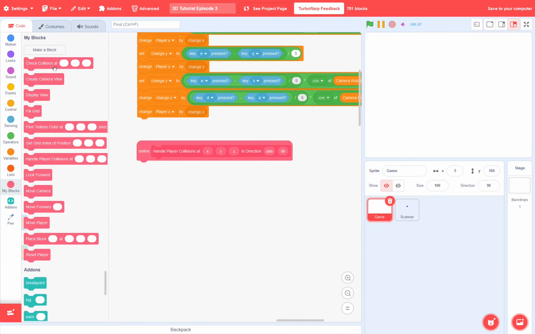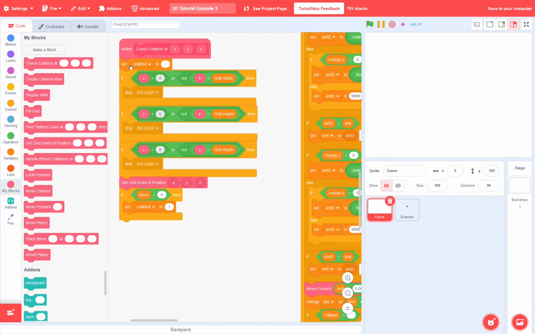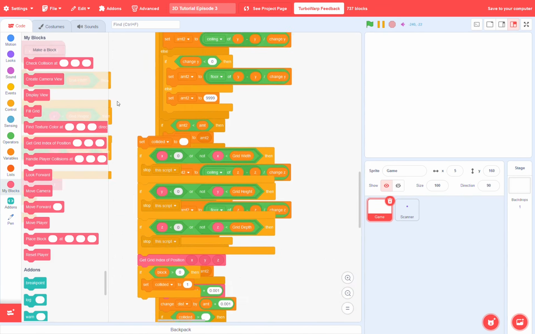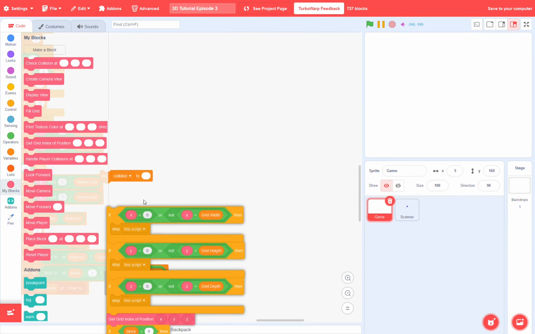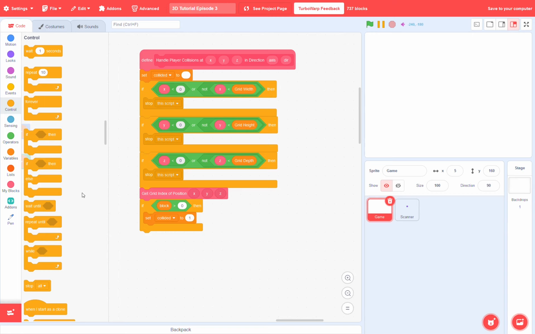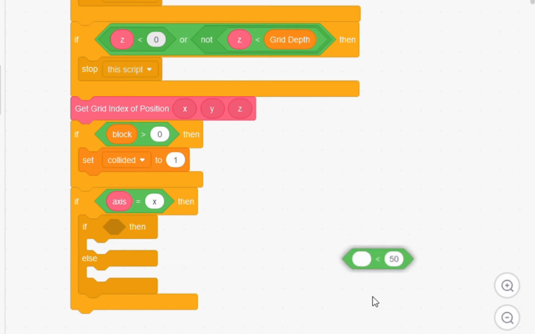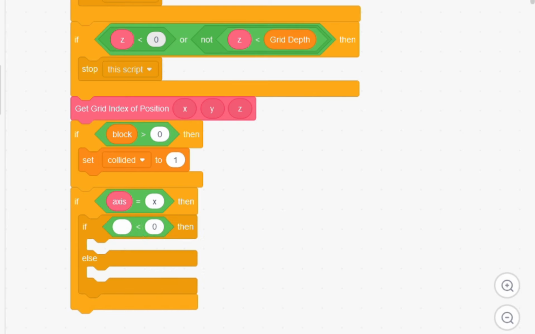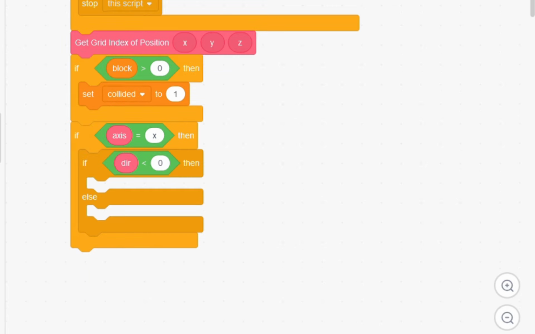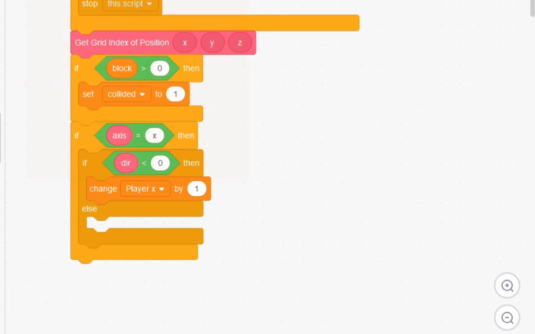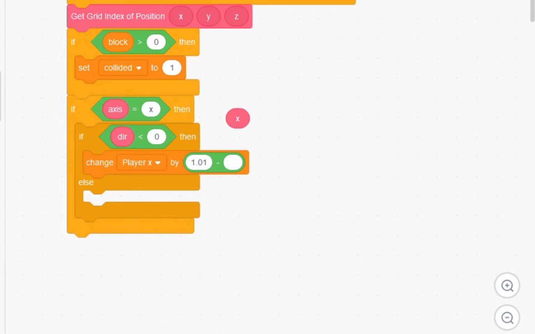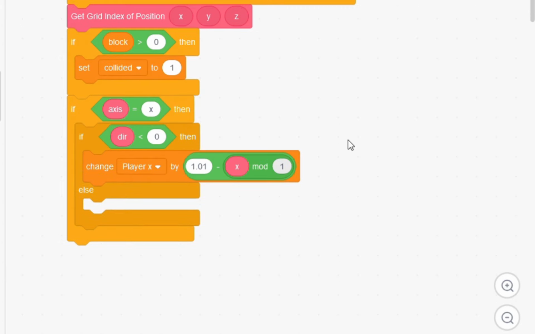Now a lot of what we need is in our check collision at block. So I'll go into here and I'll just duplicate everything that is here and move it into our new check collision block. Now in this block we'll check for each of our different axes. If axis equals x, then if dir is less than 0, meaning we're moving in the negative direction, then we need to move out the opposite direction to the right side of the block. So we'll change player x by 1.01 just to the right of the block minus our x, and then we need to modulo by 1 to get the x coordinate within the block rather than the x coordinate in the